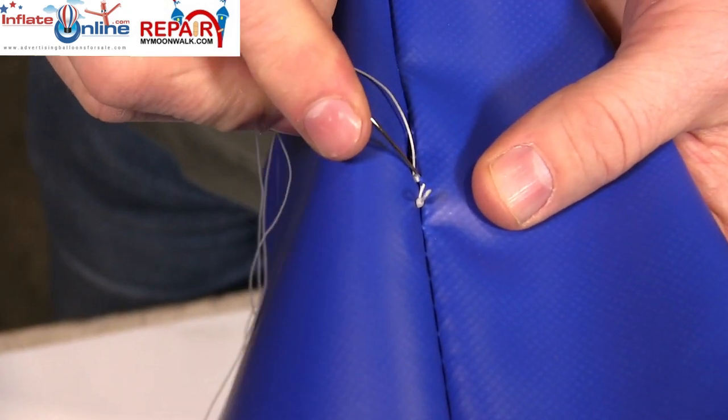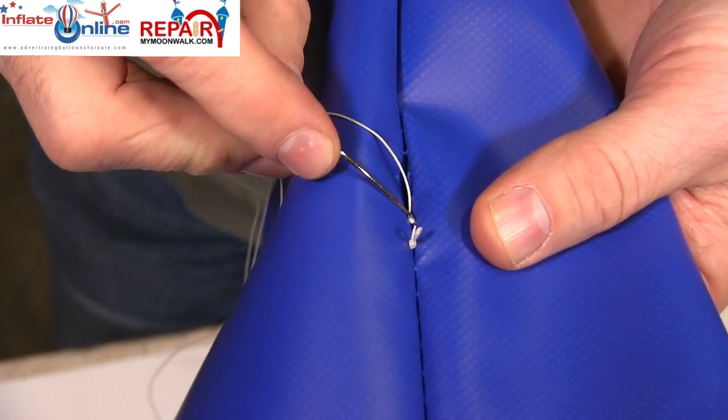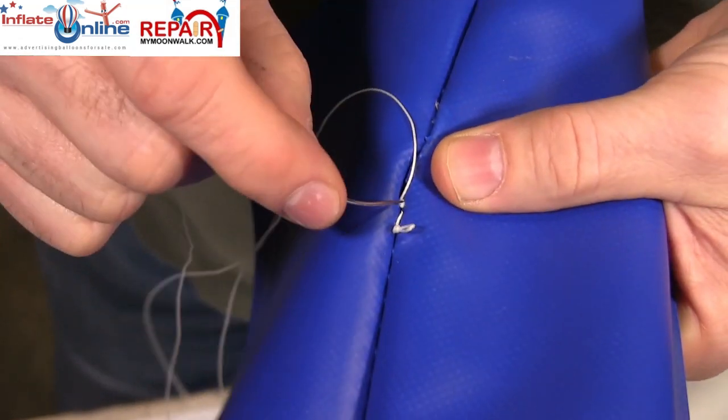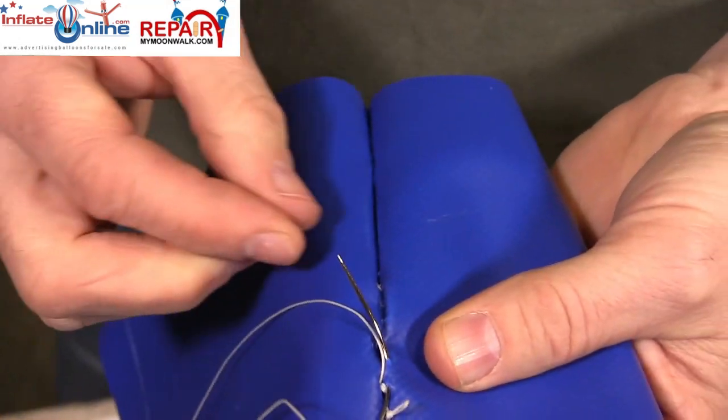Then you will take the curved needle and follow the holes in a crisscross pattern across the row of stitching until the area of vinyl begins to close. You will repeat this process all the way down until you have reached the other end of the opened area